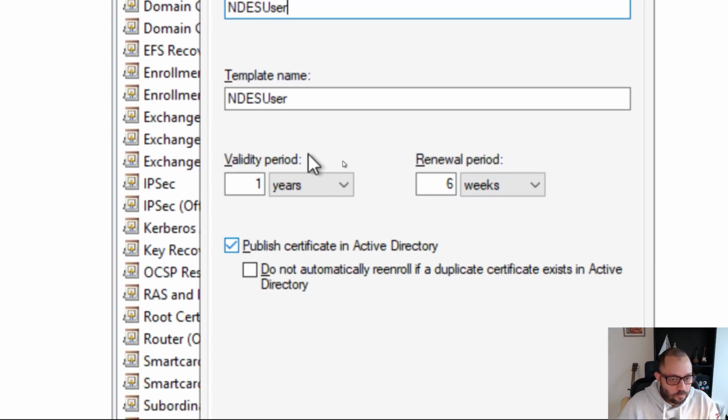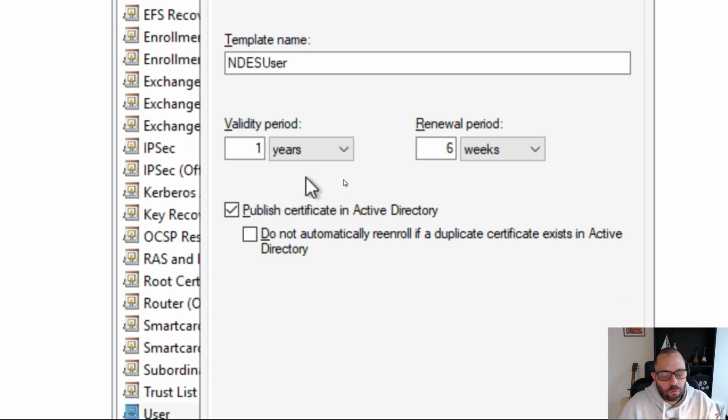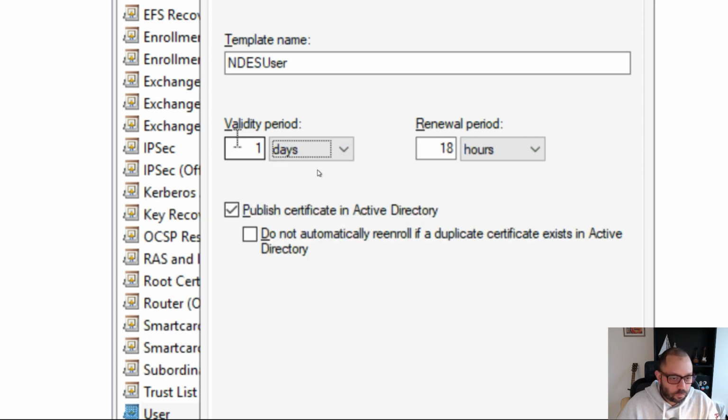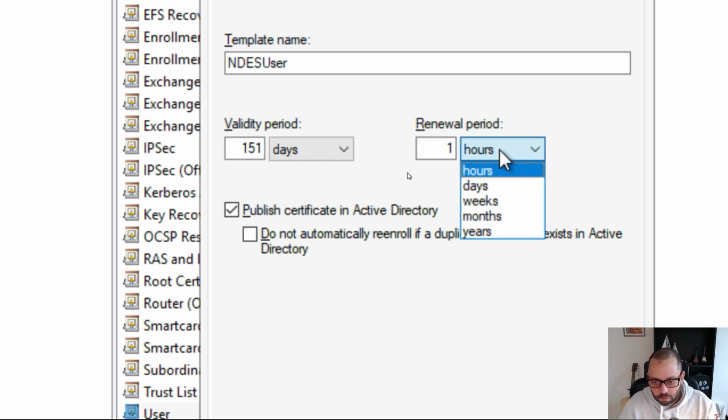Let's set the validity. 1 year is not reasonable. So for a mobile device, I think 15 days is quite enough. So let's set it in days. You can also set this according to your preferences, but days is enough actually. This one in hours, you can set to 1 day maybe. Let me set this to 1 day. But again, you can set this according to your preferences,